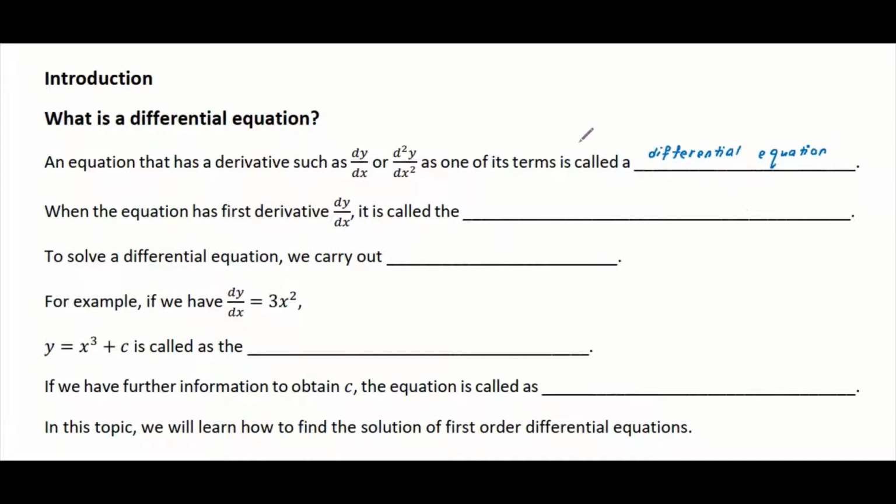All right, so it's not compulsory for the equation to be dy/dx equals something or d squared y/dx squared equals something, as long as the equation itself has these terms, it is called a differential equation. All right, okay. So when the equation has a first derivative dy/dx, it is called a first order differential equation. Okay, so first order,